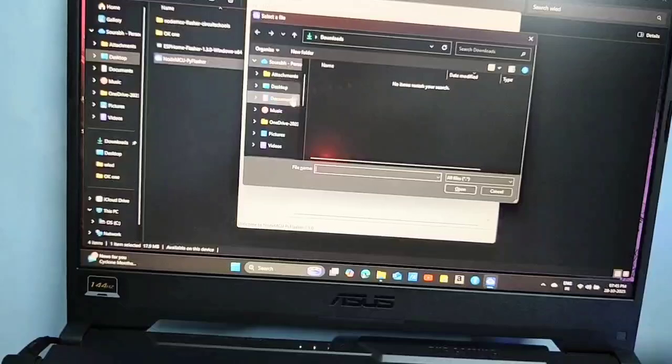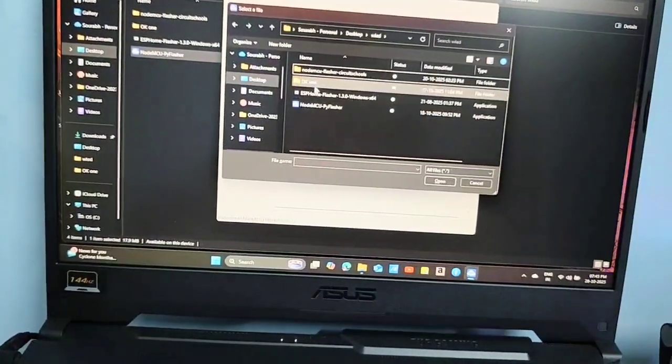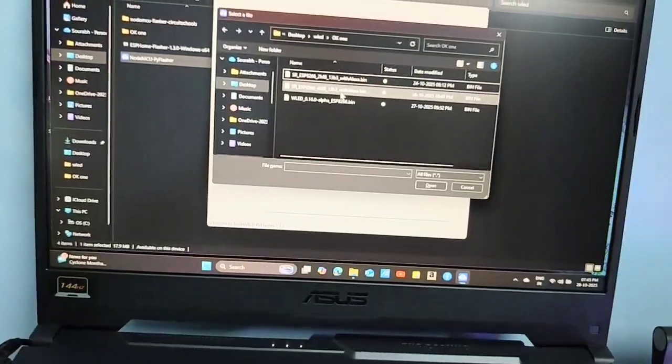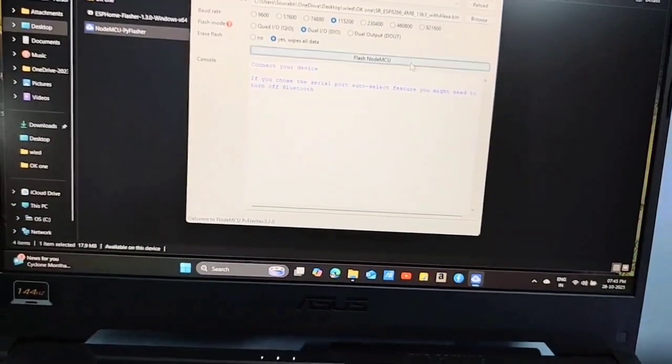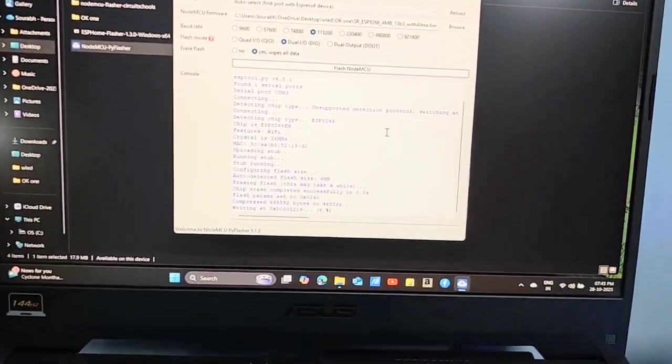So I have already downloaded the ESP flasher. With the help of the flasher I am just installing the binary 13. You see it, the SR sound reactive binary, and then I have to flash the module. After flashing is completed,